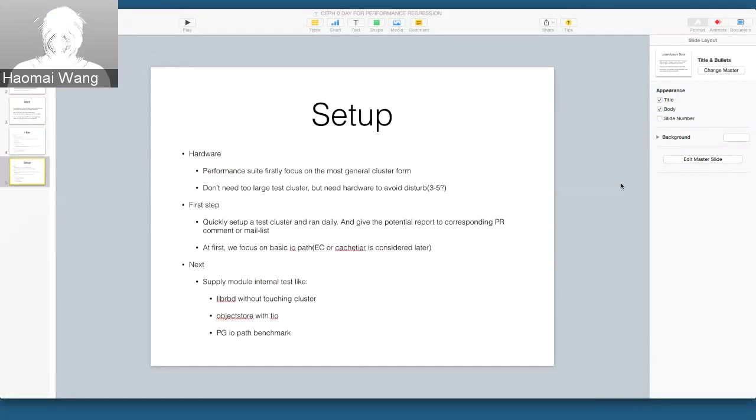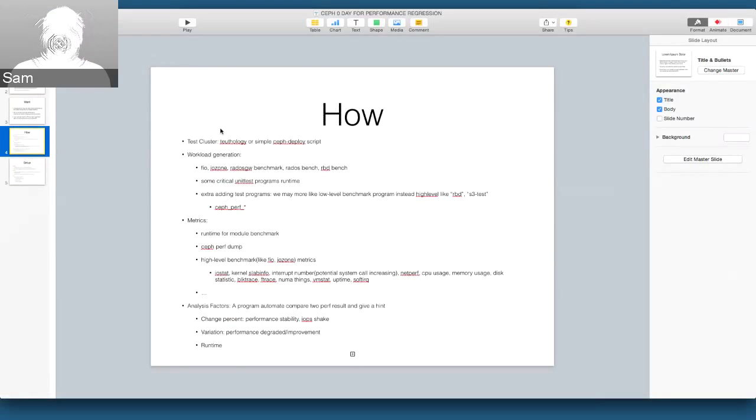This is already a Linux 0-day performance setup by Intel, Wu Fengguang. This is a little alike, but it is for Ceph. So I did want to point out that there are a couple of somewhat more convenient workload generation tools. There's a Ceph small IO bench, and it can be run directly against the